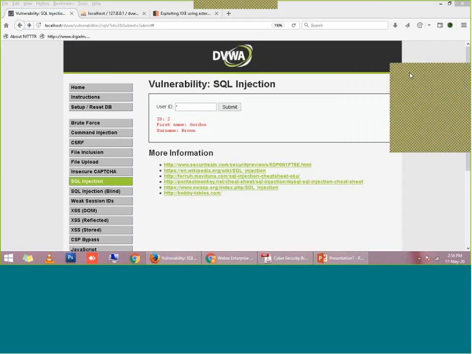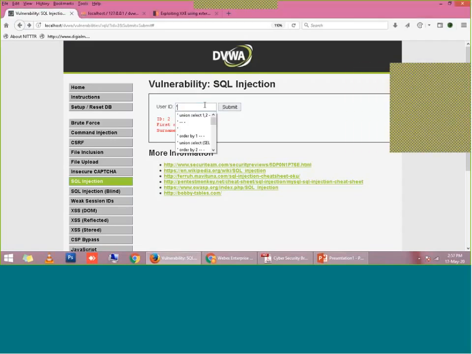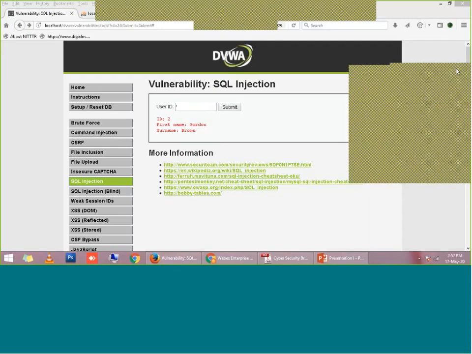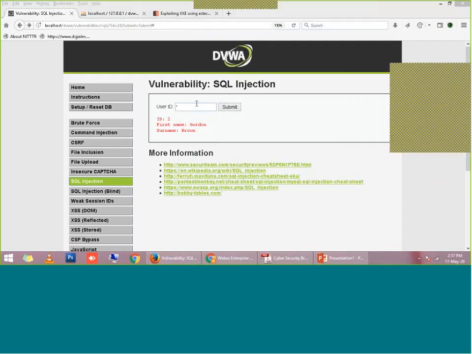So what is the next step? Once we know that the single quote is giving an error on this site, I will try to play with some SQL injection. To play with SQL injection code, firstly I have to balance this backend query. Why is the single quote giving an error?